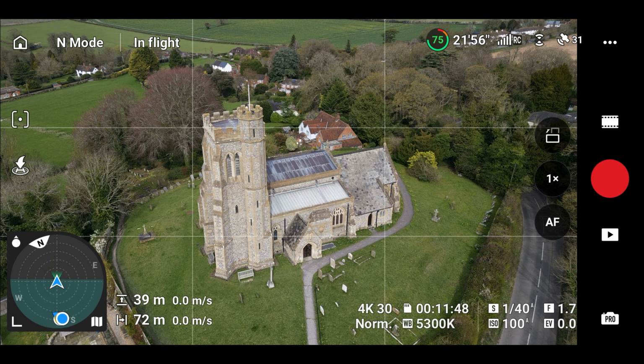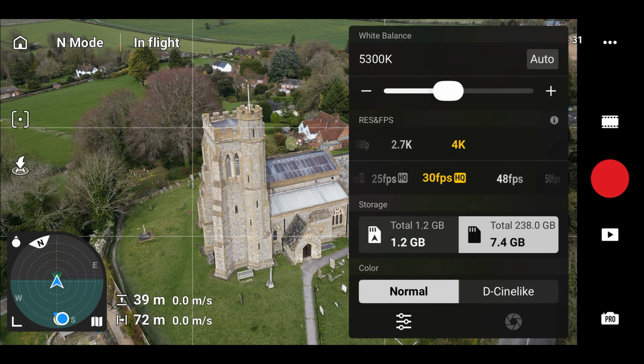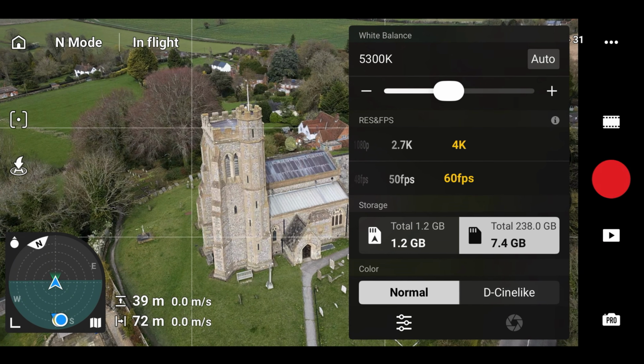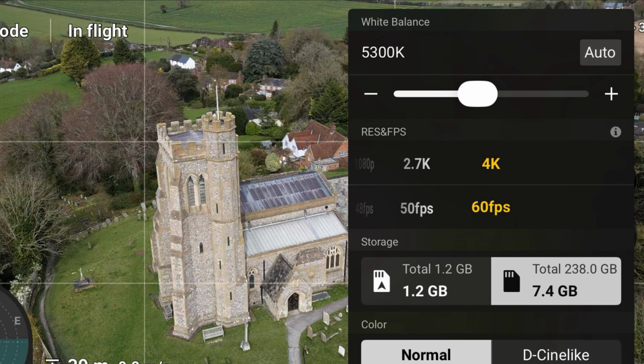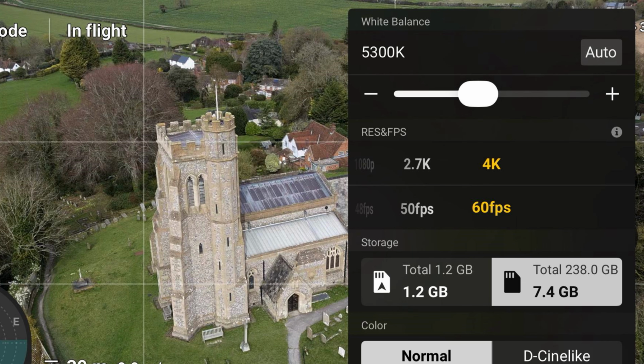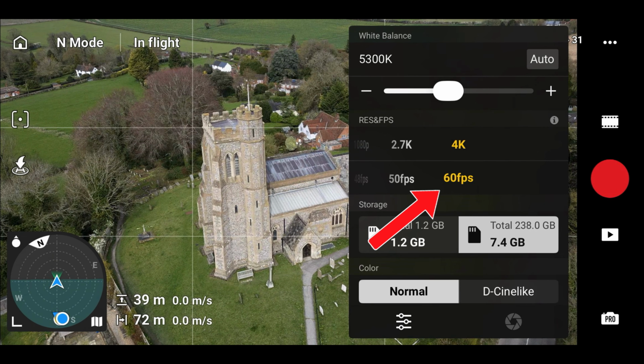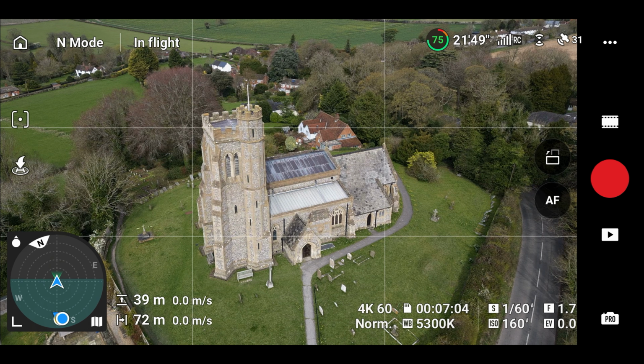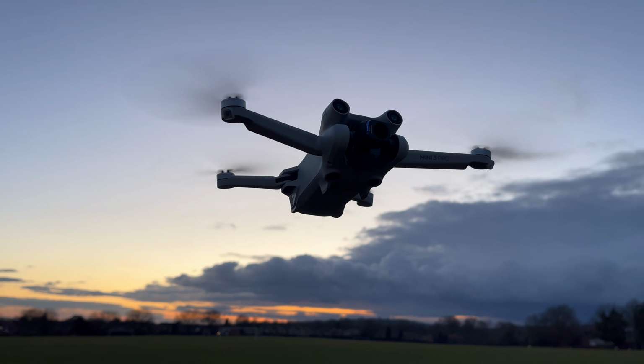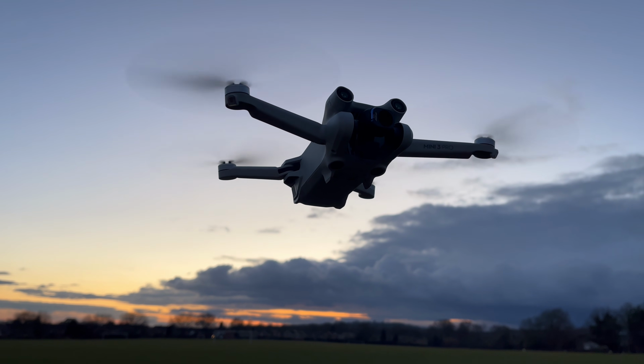However, before we begin recording, it's a good idea to set the recording quality to 4K so the highest amount of detail is captured. Also, set the frame rate to the highest possible, in my case 60 FPS, so that the software has more reference frames to use when creating the 3D model. This is just going to make sure the 3D model is as detailed as possible, and now we can start